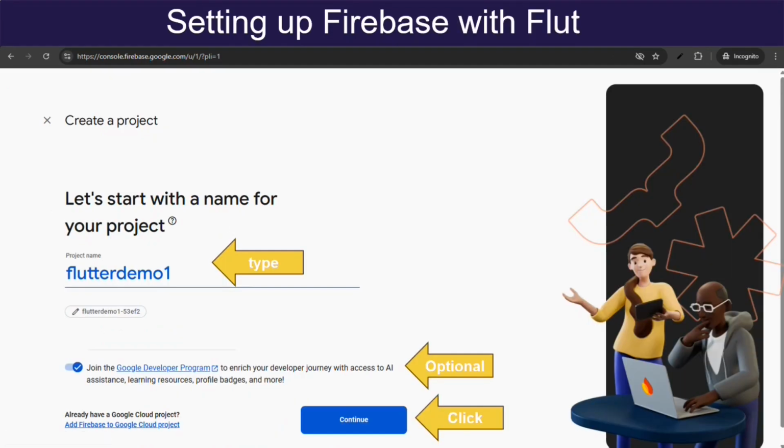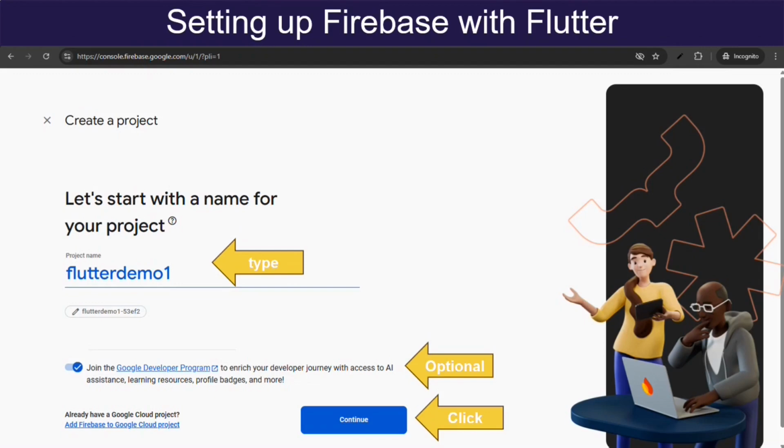It will ask you to enter a name for your project. Now remember, you have to follow some naming convention while typing the project name. So you have to type your project name. In this case, it is Flutter Demo 1, and then you can enable this checkbox to join the Google Developer Program to enrich your developer journey with access to AI assistance, learning resources, profile pages, and more.